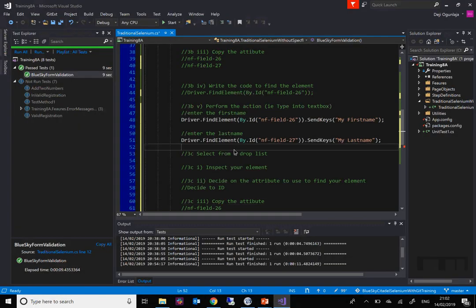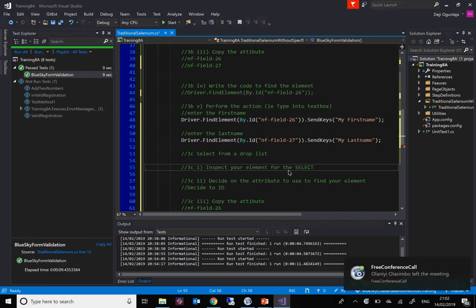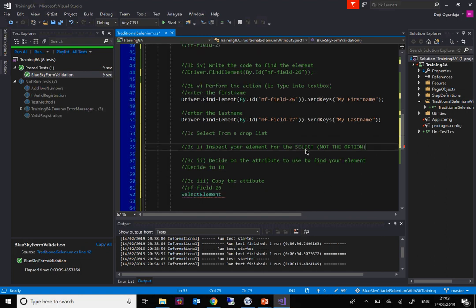Bear in mind, like I said, this is going to be the select element. This is not the options. So it's the select that you have to inspect, not the option. Then you copy the attribute ID 41. Then we need to now, as we have in here also,